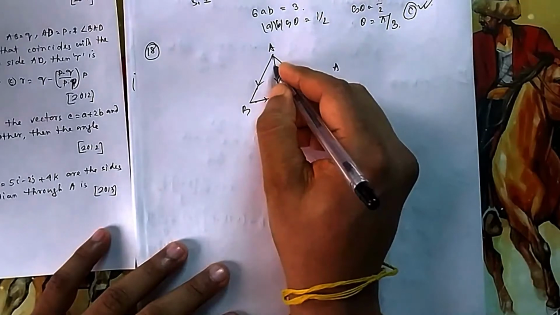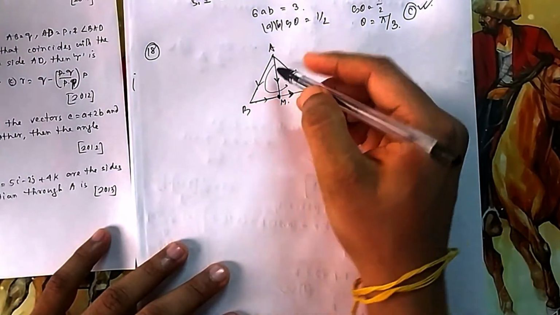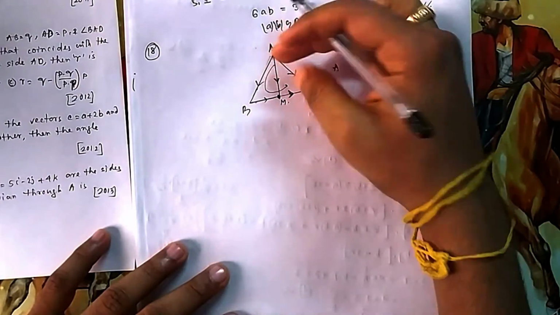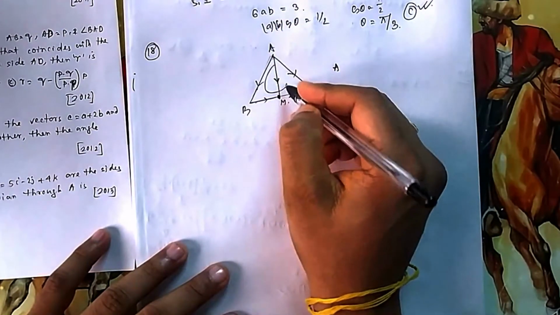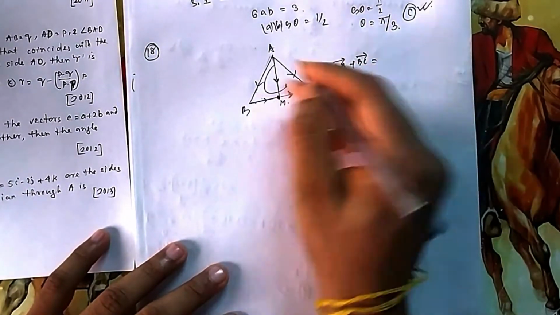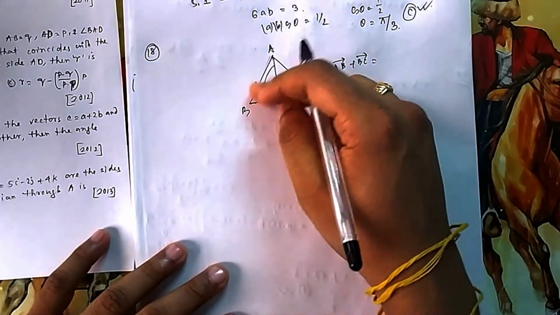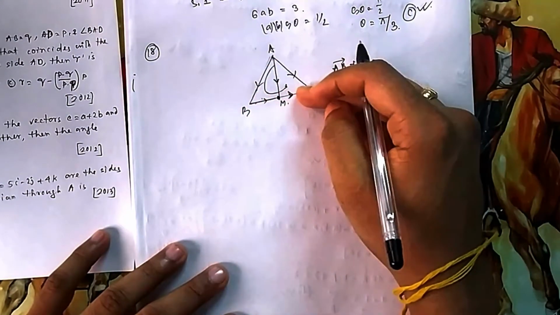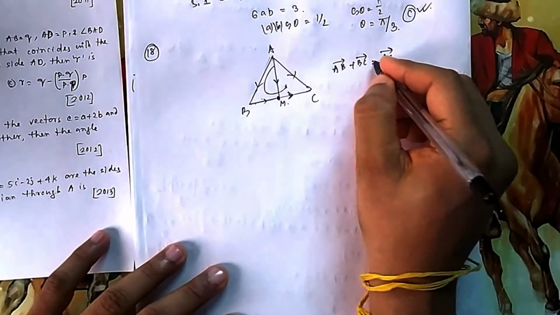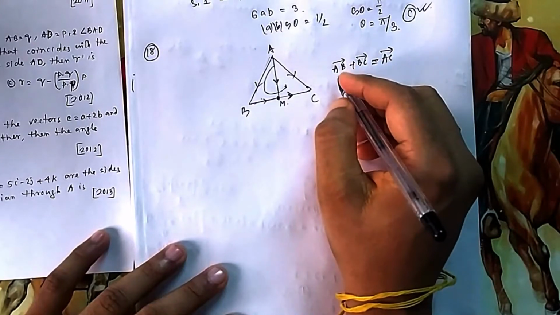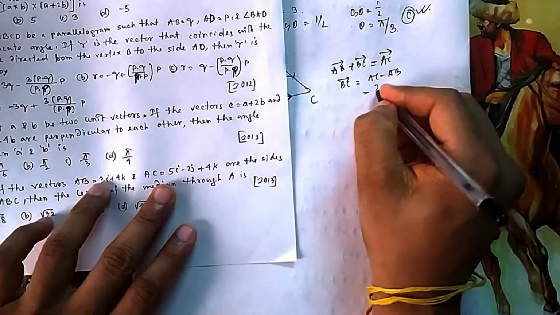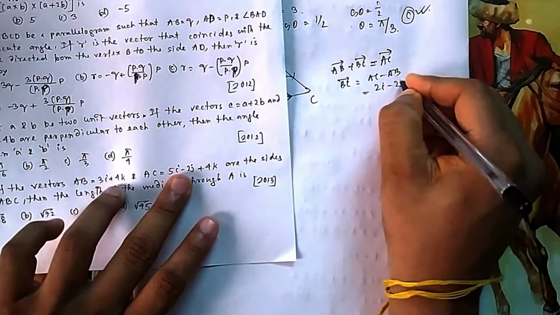In this triangle, if you apply the triangle law, you can see AB plus BC has continuity of direction, while AC is in the reverse direction. AB then BC, because I have chosen this direction. This is the triangular property. AB plus BC are in the same sense, their continuity is there. It comes from here, then moves here, and it should go in this direction but it is opposite, so it should be equal to AC, with the opposite direction accounted for. So now you can find your BC. If you subtract, 5 minus 3, that will be 2i minus 2j.